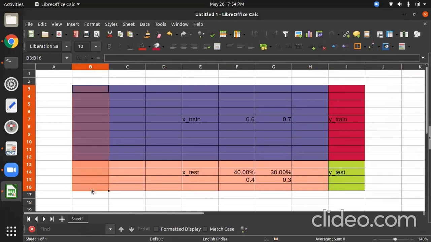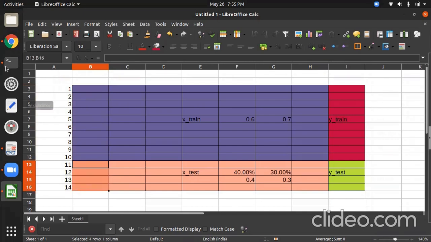If this is the number of rows, and you split these rows, 40% rows go in the testing part and 60% rows go in the training part, so it will decrease.